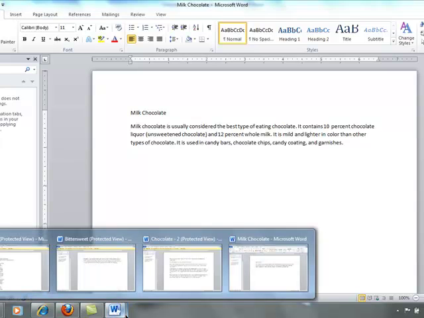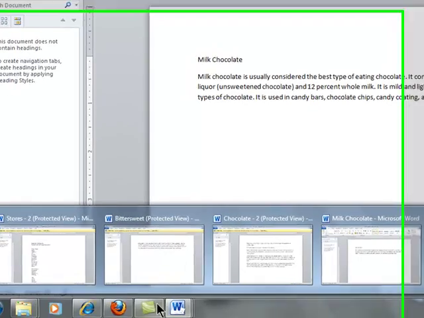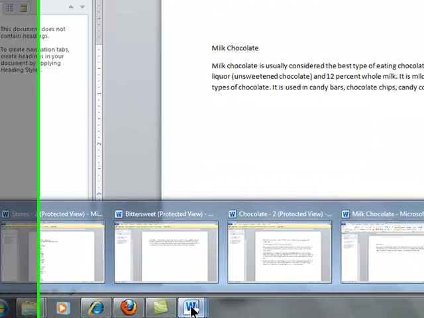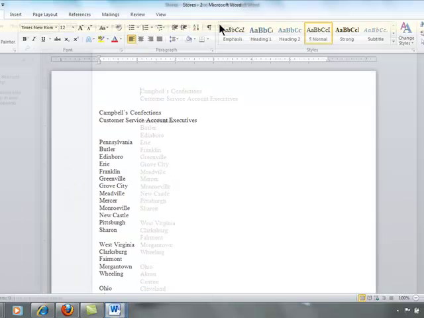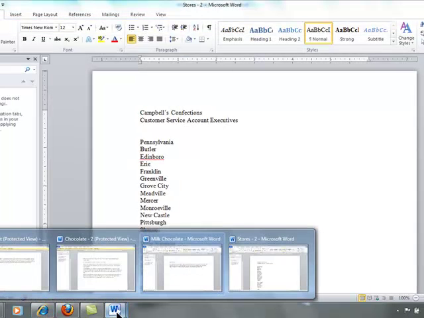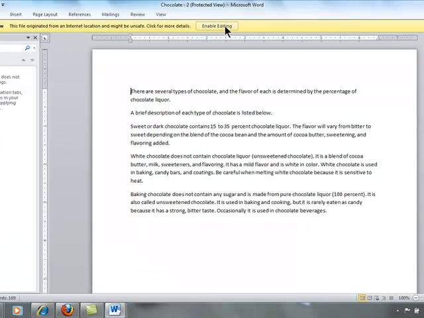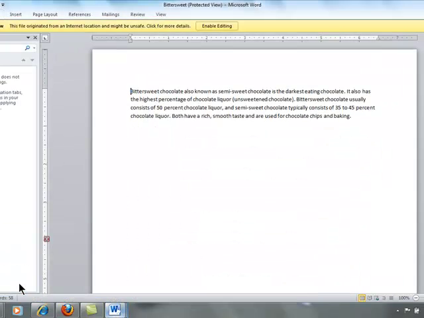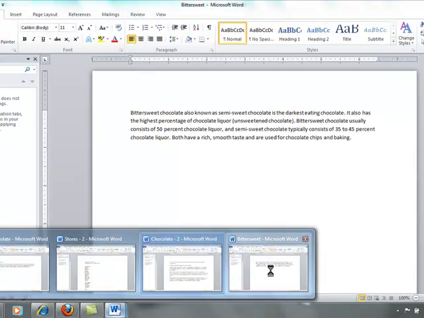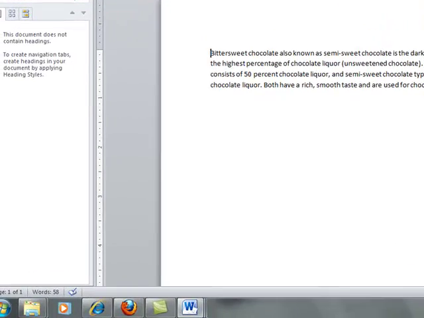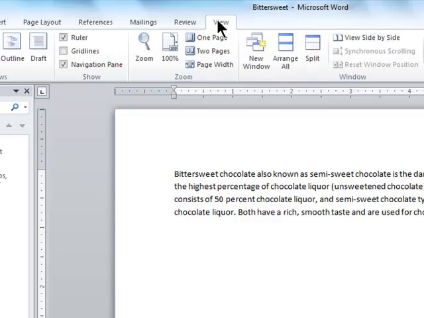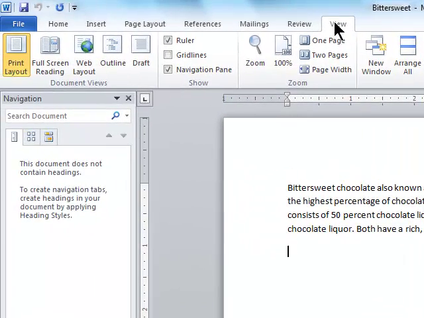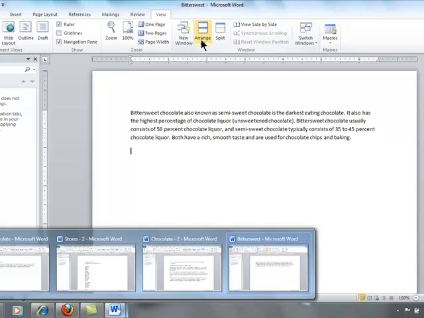Notice the files that I have available can be displayed down at the lower part of my screen. When I click on my Word icon, I can see my Stores 2. I can then see my Chocolate 2. I can then look at my Bittersweet. And in addition, I also have my Milk Chocolate. With these 4 files, before I continue, utilizing the View button, notice how with 4 windows open, I could absolutely